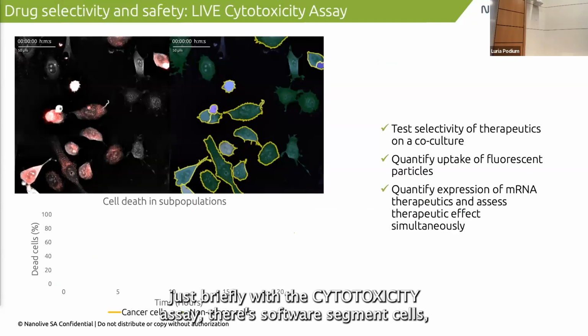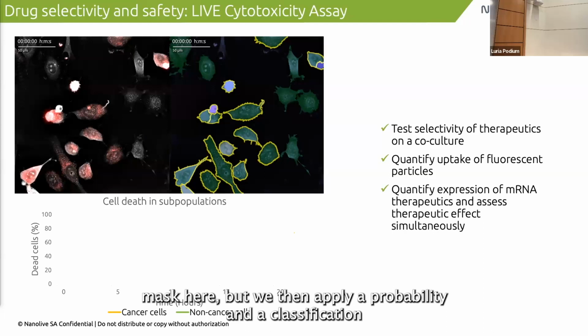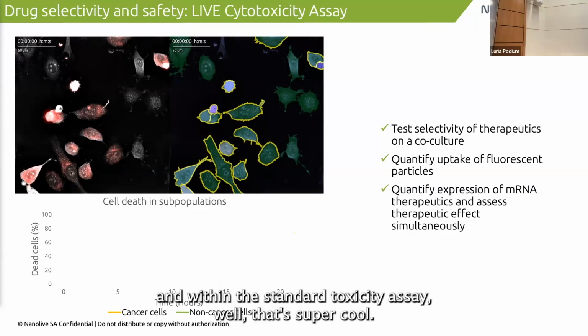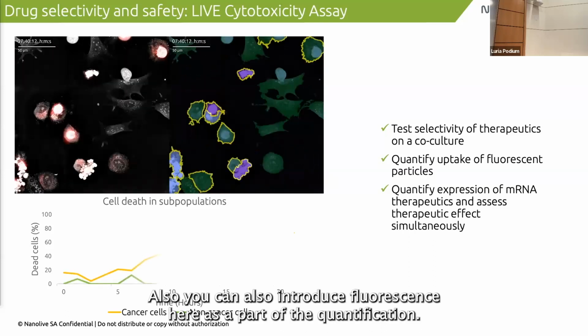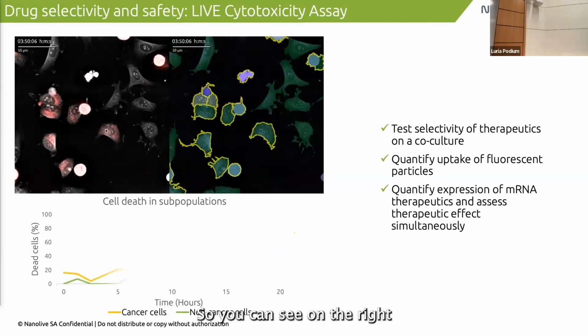We want to develop new assays to work with developing fields. So to start, briefly, with the cytotoxicity assay, the software segments cells just like we did in that base analysis, and you can see that segmentation mask here, but we then apply a probability and a classification of a cell being apoptotic, necrotic, or living. And within the cytotoxicity assay, which is super cool, we can also introduce fluorescence as part of the quantification. So you can see on the right,